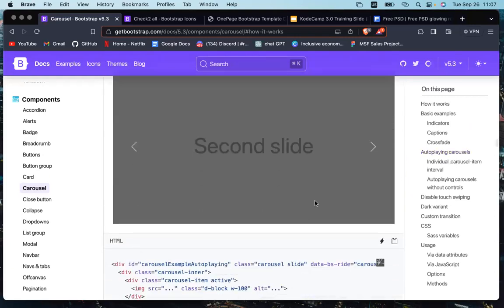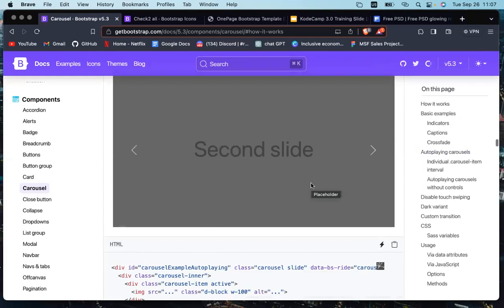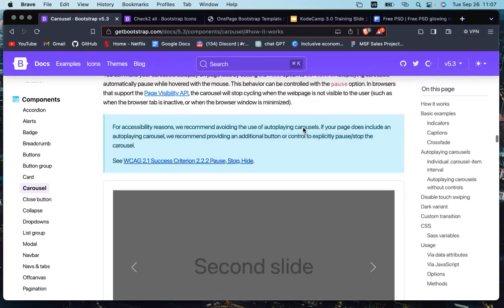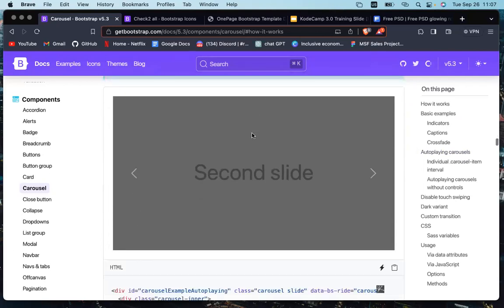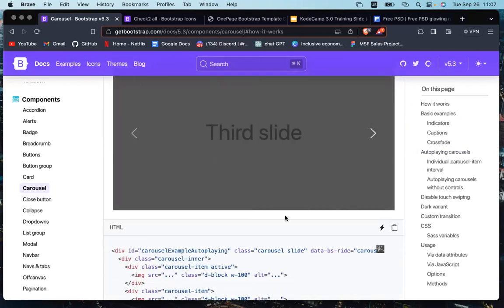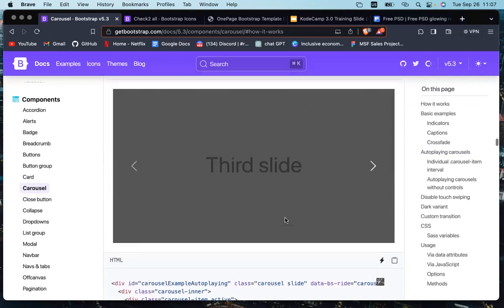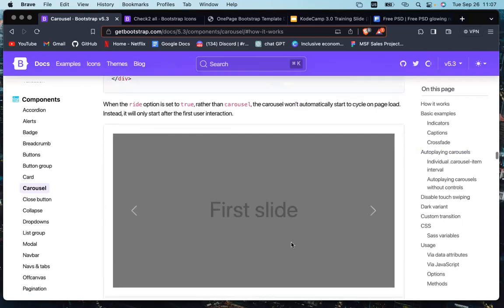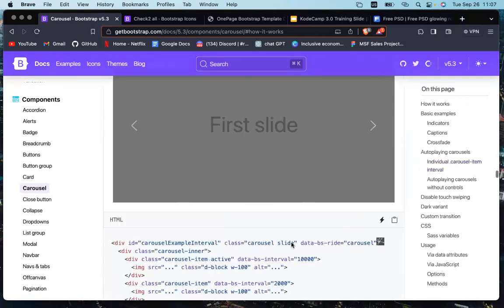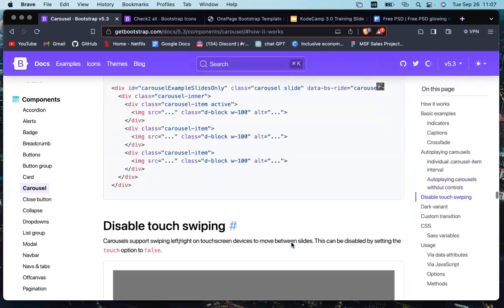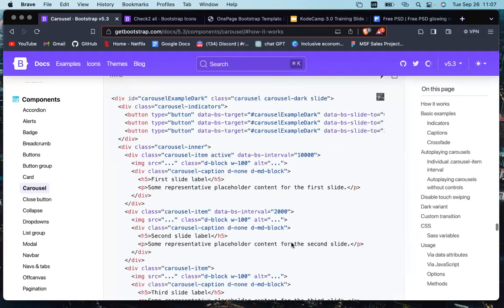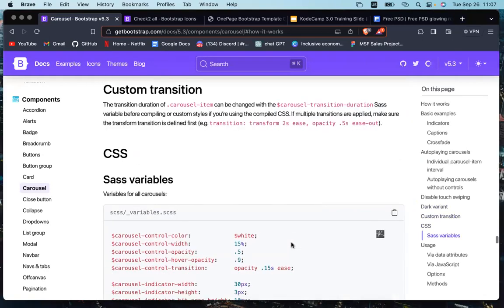So autoplaying, I think the autoplay actually slides by itself. Automatically slides by itself. So let's see how it does that. I'm waiting for it to slide. Autoplaying carousel. Yeah. It's not actually autoplaying. I don't know why it is not autoplaying. It's autoplaying. So the one I'm looking for is one where I can provide more than one, although it may have to do with the number of